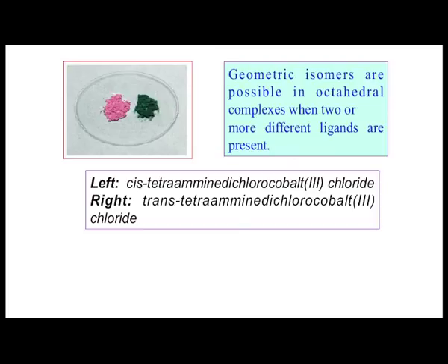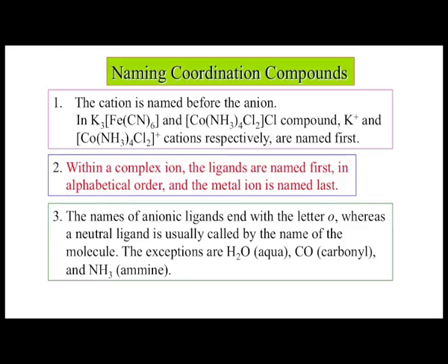So, the typical synthetic methodologies can be followed to prepare the cis analog and the trans analog. These geometrical isomers, that means the positioning of these groups, can also be included while we name these coordination compounds. How we name these coordination compounds is very easy to know, because sometimes we give the formula and when we read that formula it is not the naming. We have to utter the name of the metal ion, the name of the ligand, the corresponding oxidation state, and the anionic part or the cationic part which is required for the charge neutralization.